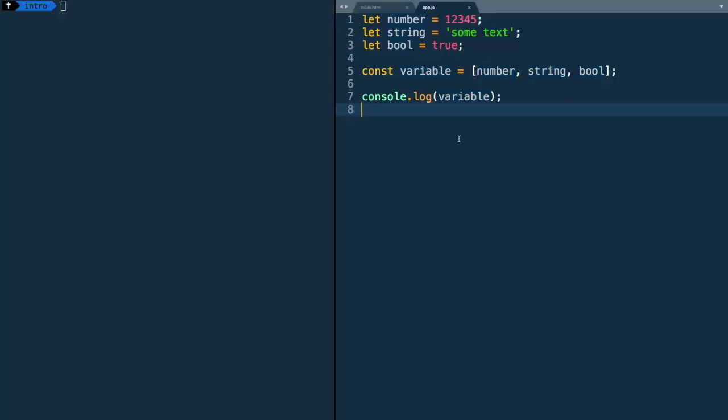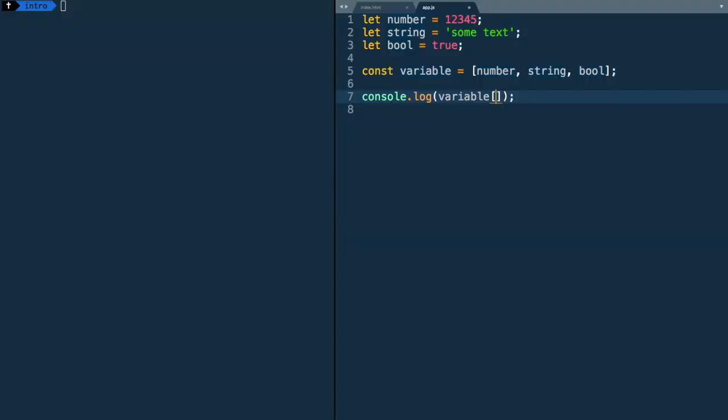We don't just have to output the whole array if we don't want to. We could just say we want to output the string value here, the second one. Put a little square bracket and say which number we want. When you're counting in computers, you start at 0 rather than 1. So the second thing in this list is going to be number 1. So if we log that,